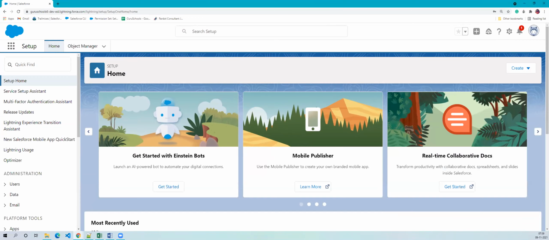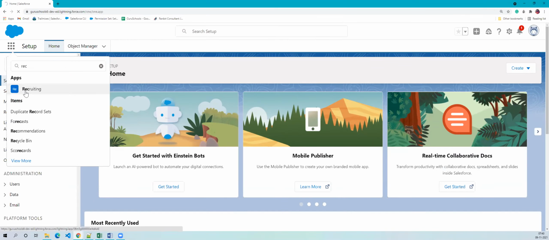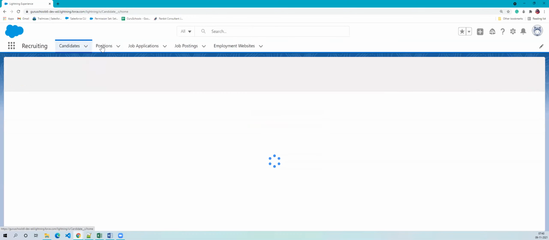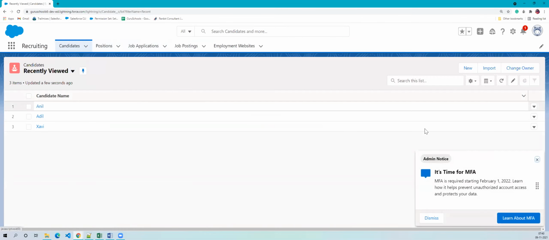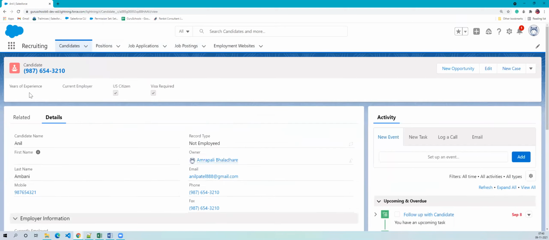So today we'll see page layouts and customization of page layouts, how we can do it. Page layouts basically is, let me open the application. It's my old org, that's the reason you are seeing so many tabs here. But you are going to create this in future. As of now, just focus on the page layout topic. So if I open any candidate